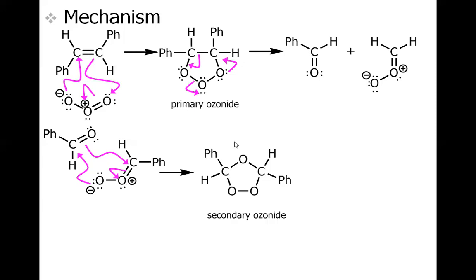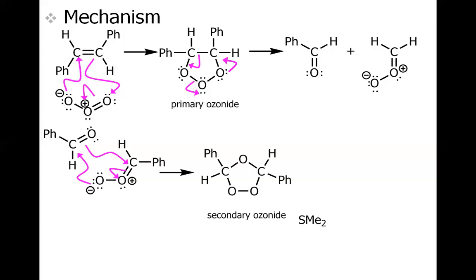So overall, we have again the 5-membered ring, which is again called ozonide, but this time it is called secondary ozonide, not the primary, because there is a difference between the primary and secondary ozonides. In the primary ozonide, we had the 3 oxygens directly connected to each other, but in secondary ozonide, we have 2 oxygens connected together, and the third oxygen is spaced by a carbon from both sides. So secondary ozonide is somewhat stable compared to the primary ozonide, but still it is not very stable. So it will be attacked by whatever we take.